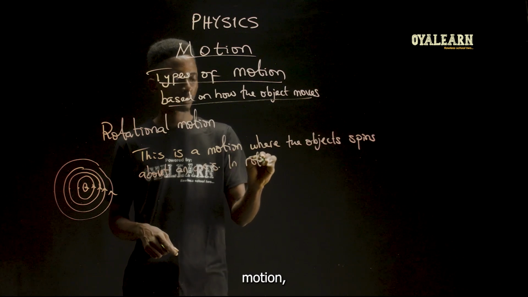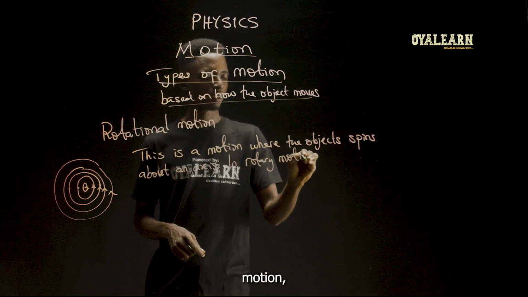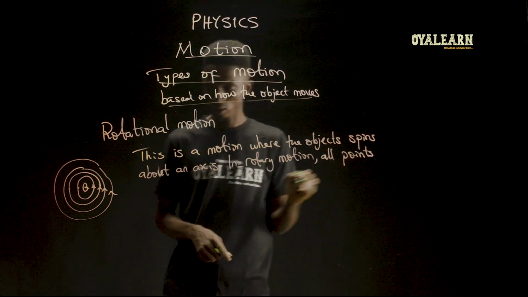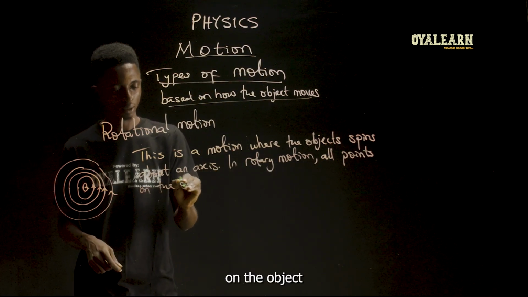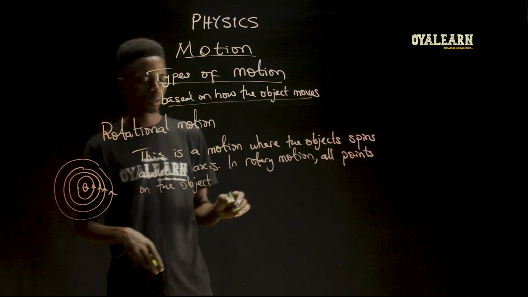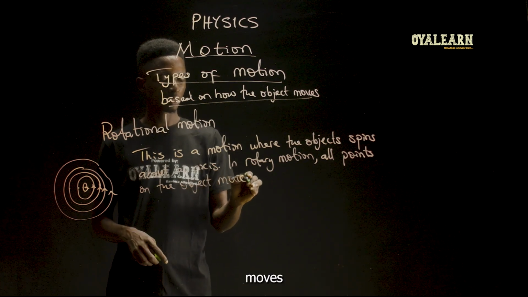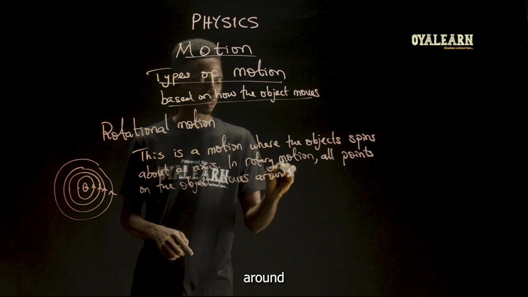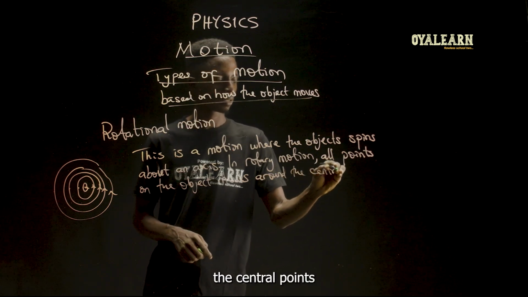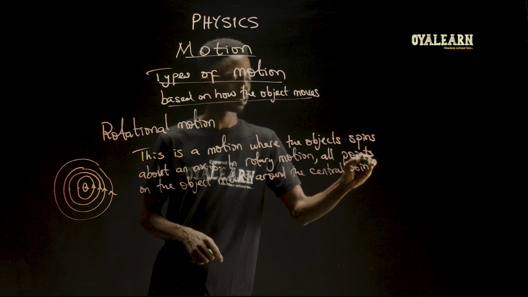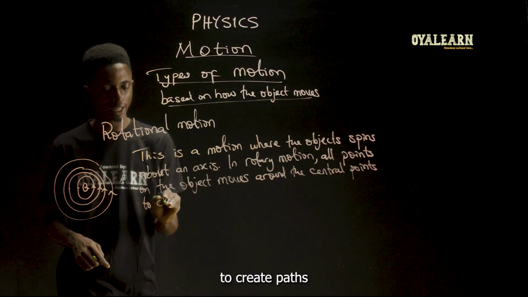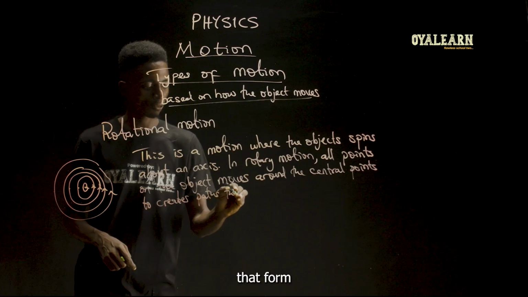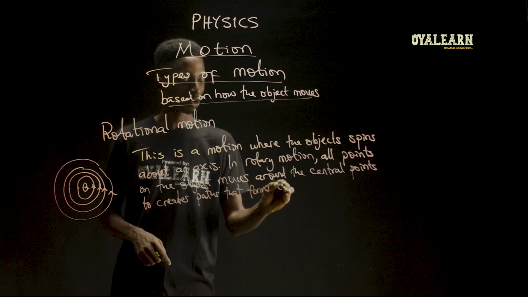In rotary motion, all points on the object move around the central point to create paths that form concentric